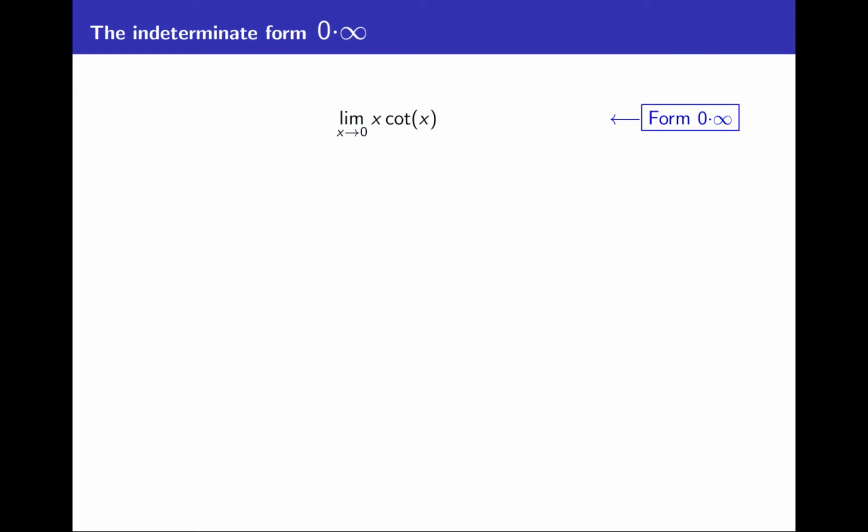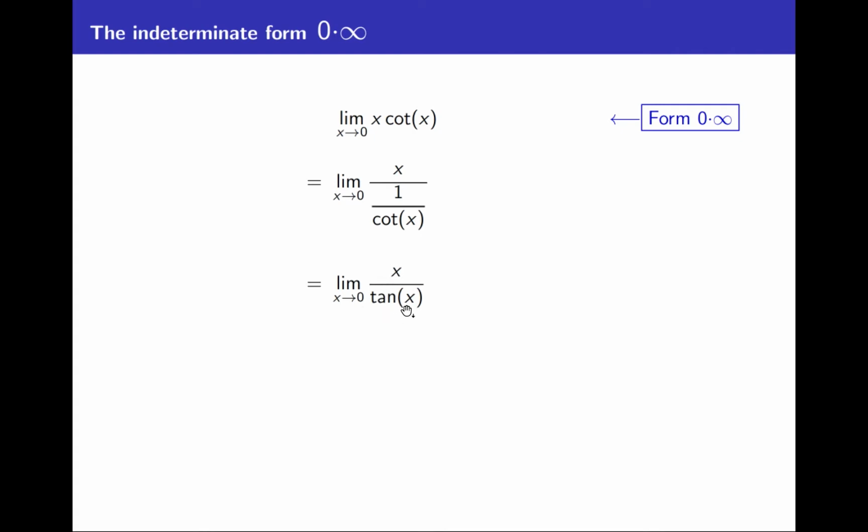And you could do either way, but you want to choose the one that's going to result in the simplest derivative. So here, x has a really simple derivative, where if you brought it down to the bottom, 1 over x has a more complicated derivative. And that tells you maybe you should leave the x up at the top and bring the cotangent x down to the bottom as its reciprocal. Now, 1 over cotangent x is tangent x, so this limit is the limit as x goes to 0 of